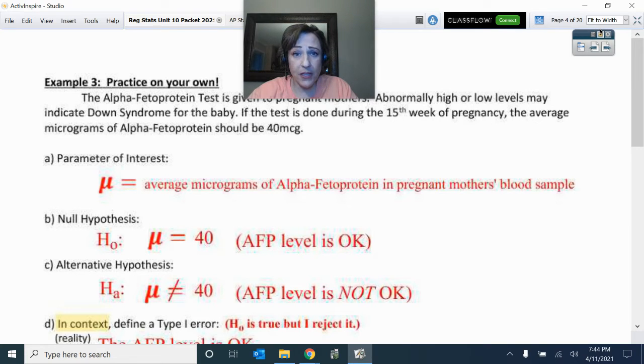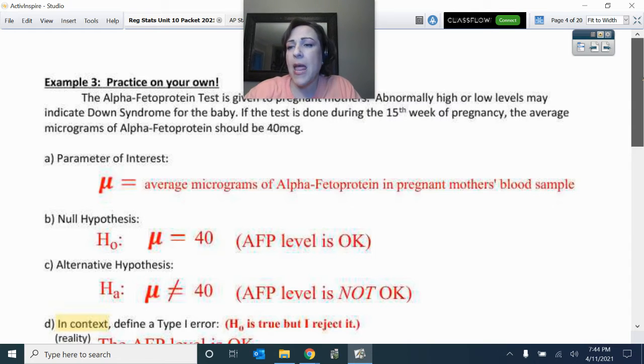All right, let's go over this third example, see how you did on it. So this is a true story about something that they would do during pregnancy. This thing called an alpha fetoprotein test is given to pregnant mothers, and abnormally high or low levels might indicate that they have Down syndrome. If the test is done during the 15th week of pregnancy, the average micrograms of alpha fetoprotein should be about 40